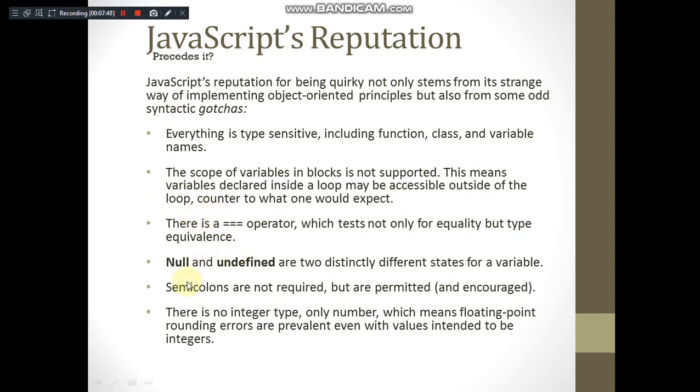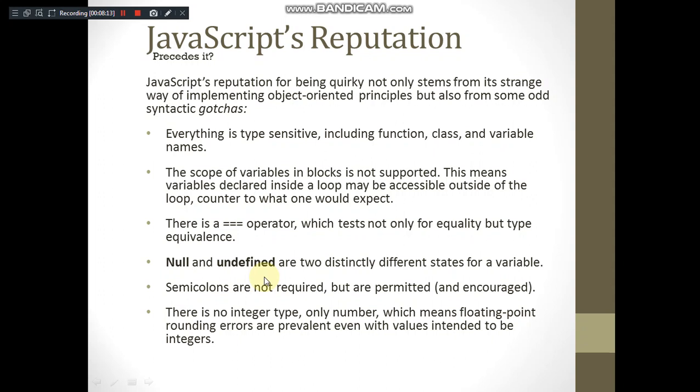types as well. And apart from this, it has two more types, null and undefined, which we call different states of a variable. Null is assigned with a null value. Undefined means not assigned any value. If we have declared that variable and assigned null, then it becomes a null type, and it becomes undefined when we have not assigned any value for that.